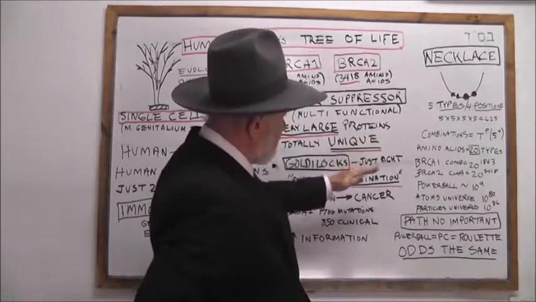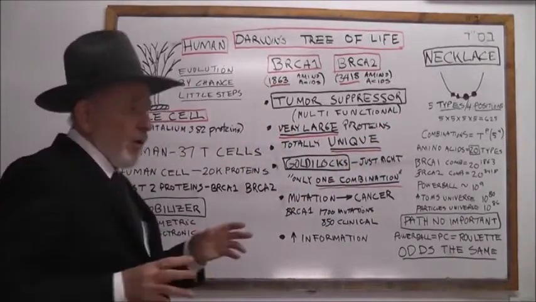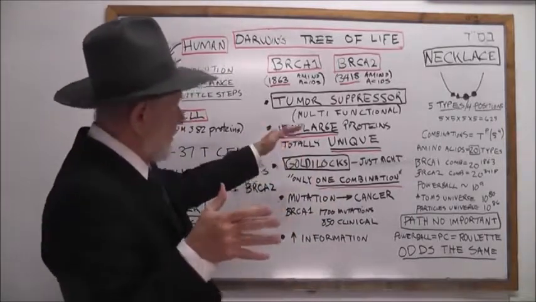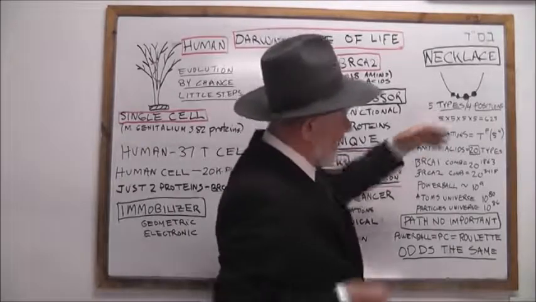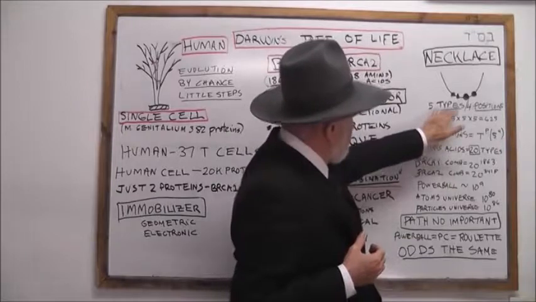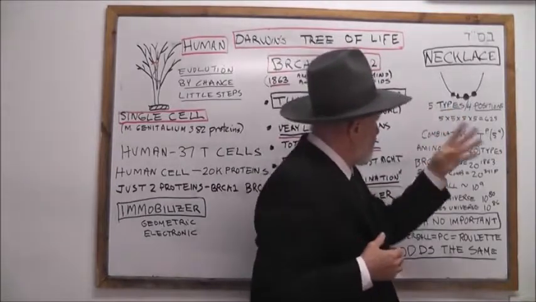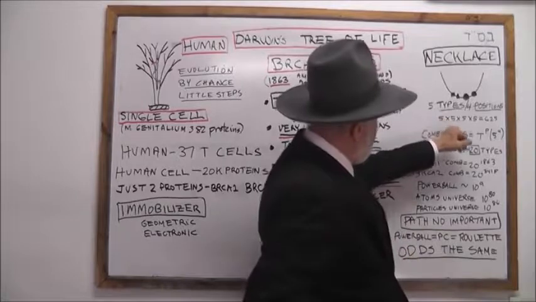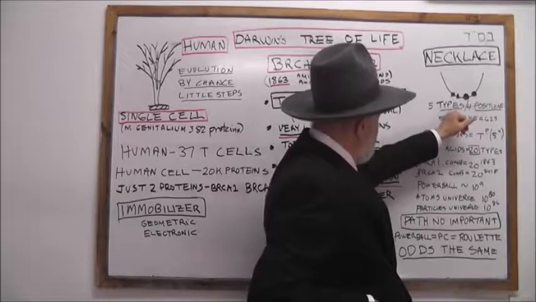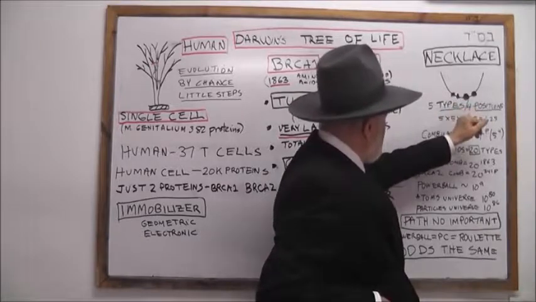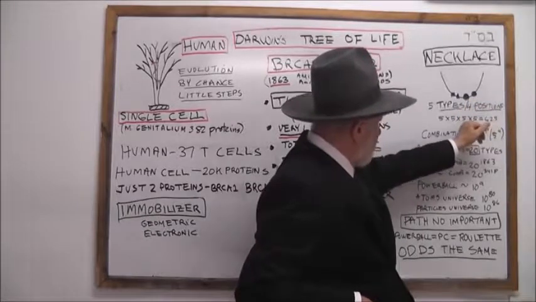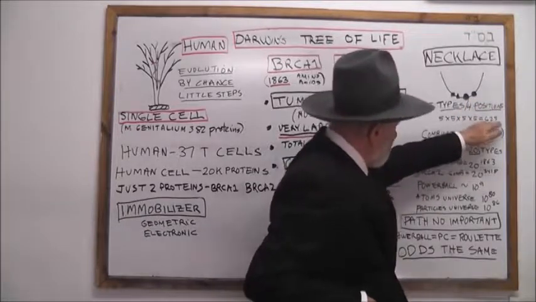So how many different combinations are there? Because that will tell us how many different combinations it's going to take to get to each one of these. So we take an example of a necklace, 4 positions on the necklace, and 5 different types of pearls. The number of different combinations is you take the 5 pearls of the first type, multiply by the 5 pearls of the second type, the third type, and the fourth type. You get a total of 625 different combinations.